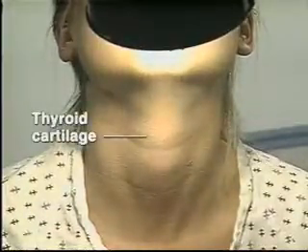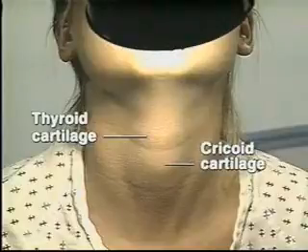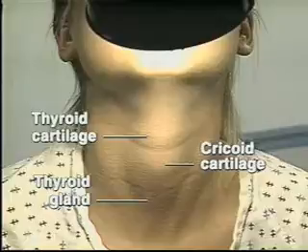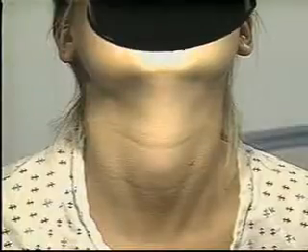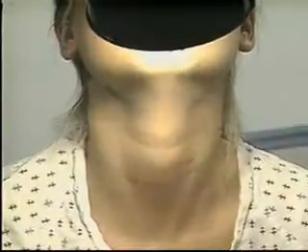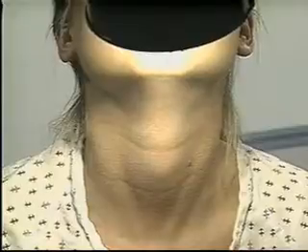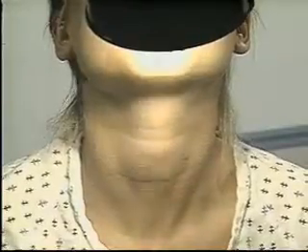Identify the thyroid cartilage, the cricoid cartilage, and the location of the thyroid gland. Now watch as the thyroid cartilage, cricoid cartilage, and thyroid gland all rise with swallowing. Watch again. Normally, the thyroid and cricoid cartilages and the thyroid gland rise with swallowing and then return to their